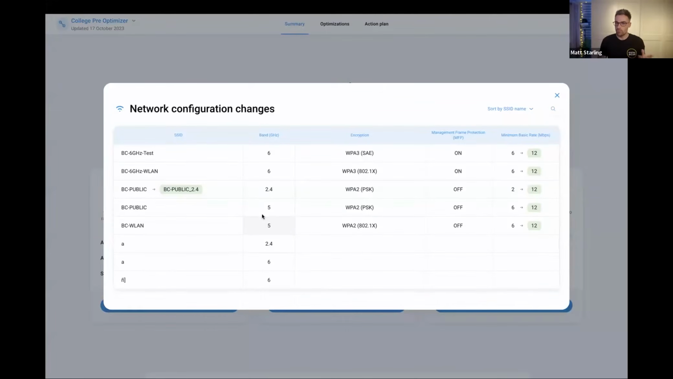Well, why is that great and important? Well, because most of your client devices would have already come in and associated to that network name before already. So you might be thinking, why don't we make a recommendation to call it that public_5? Because